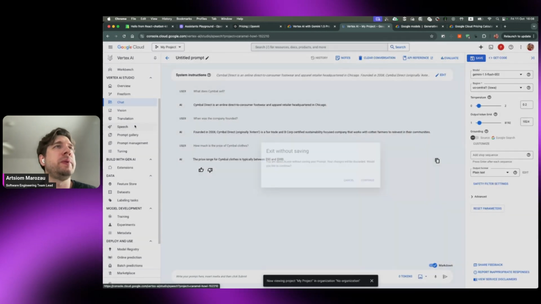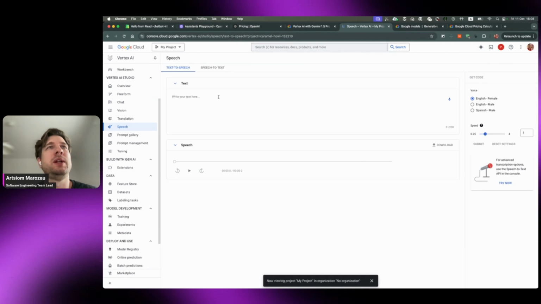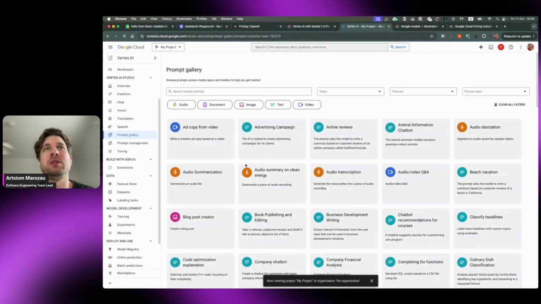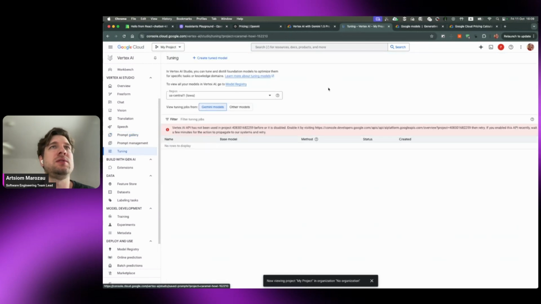You can have more things like speech. You can generate some text, generate the speech itself from the text, use the prompt gallery, store, or use some external things from other teams and so on. And actually, the thing that we're looking for, and that will help us a lot,